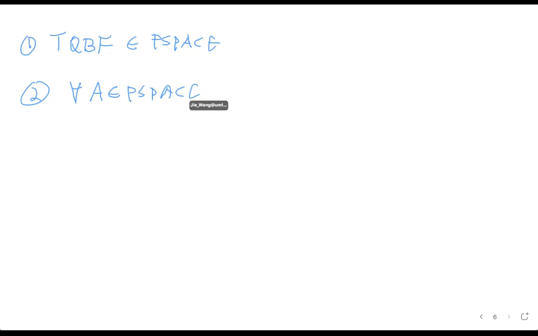And we want to show it is PSPACE complete, so we want to show two things. One is it is in PSPACE. The other is that for any A in PSPACE, which means that there is a deterministic Turing machine that accepts A in polynomial space, we have that A is